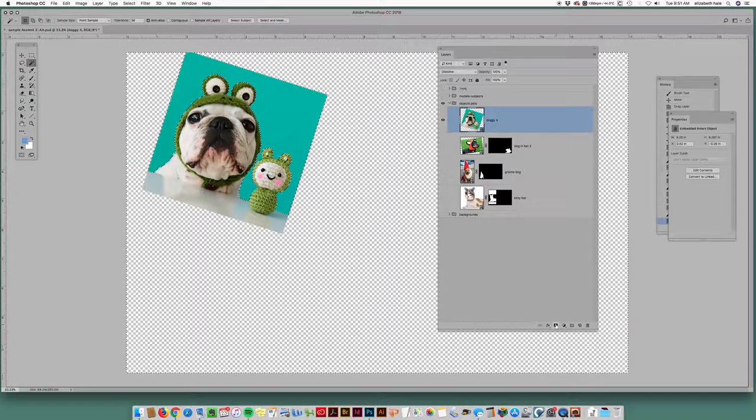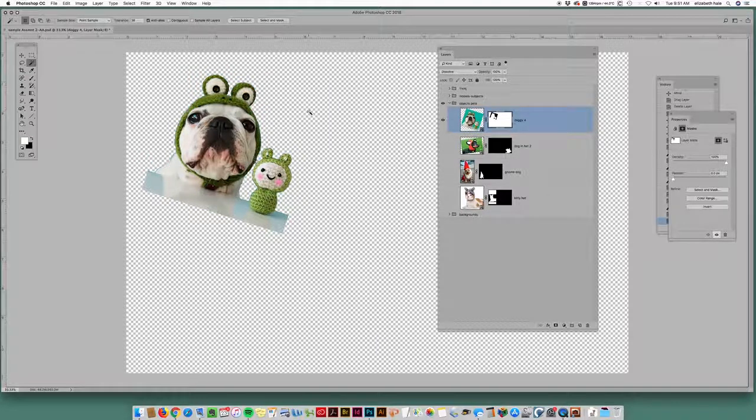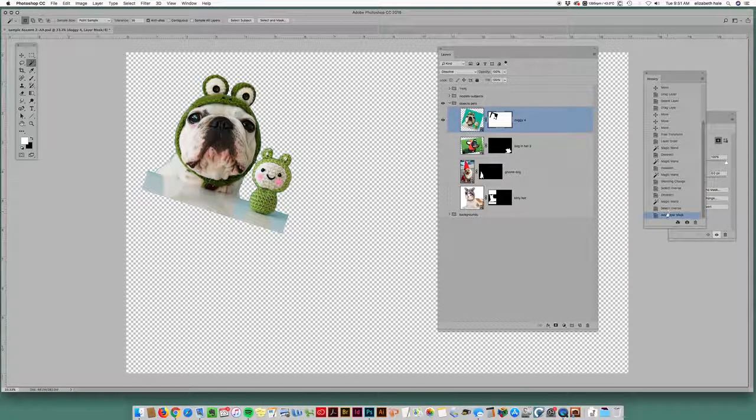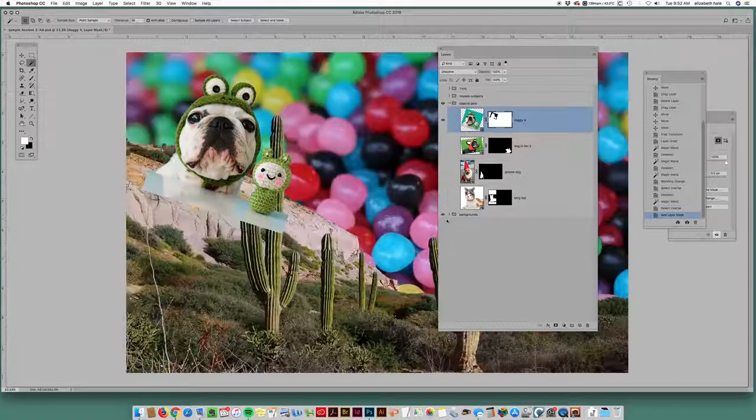Let's see what happens when we hit the mask button. There we go. If you get lost, it's no big deal to just go back a step in your history, remember, and select inverse again or get the selection that you want. And there we go. So I now need to see the background because I want to see what's going on